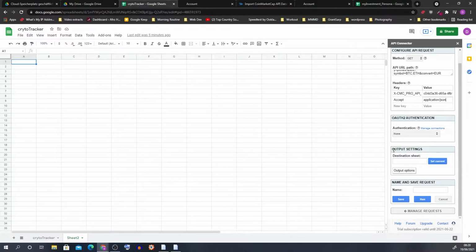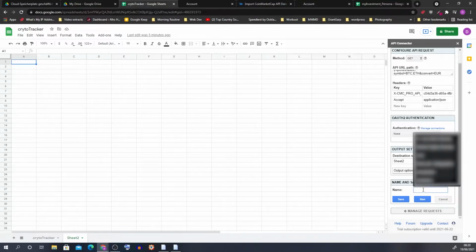So what is very important here is the destination sheet. Here I have this sheet, right? You can tell the API connector to paste the results in another sheet. So for instance, here I don't want it to be on my crypto tracker page. I want it to be on a different sheet where I'll be pulling the prices from. So for the destination sheet, I'm going to choose set current, right? So it picks that this is sheet 2,